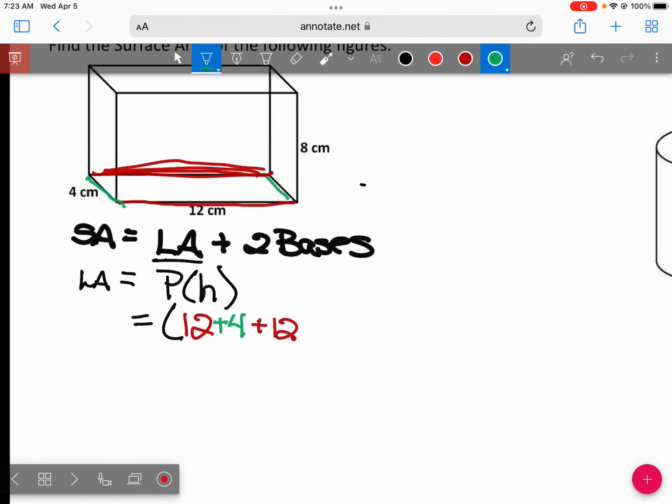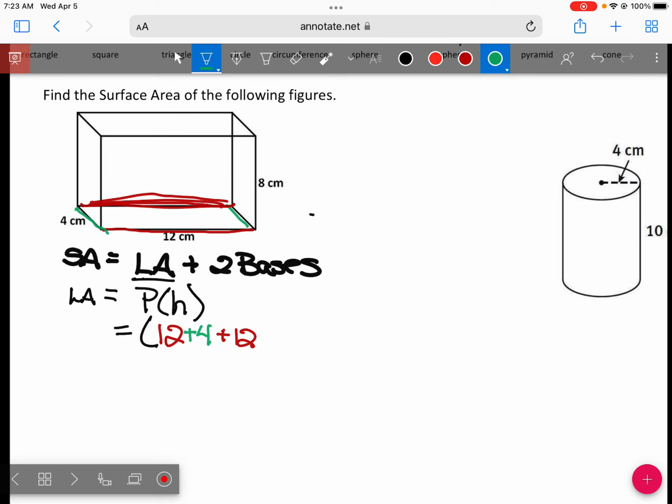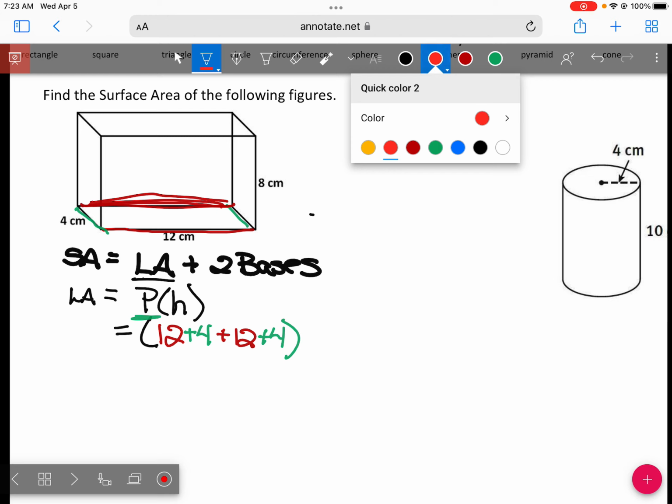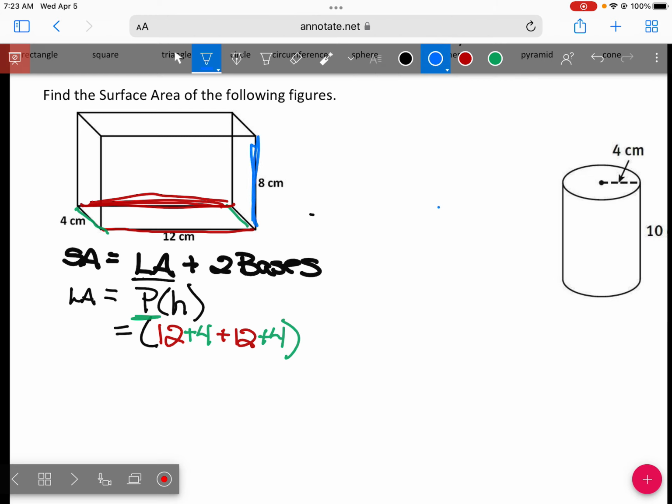Okay, so starting over. Surface area is the lateral area plus the two bases. The lateral area is the distance around the bottom of that figure, which is your perimeter, times the height. So 12 plus 4 on the side plus 12 in the back plus the other 4 on the other side, that's the distance all the way around, times my height, which is right here, which is going to be 8. Okay? So that's my lateral area plus